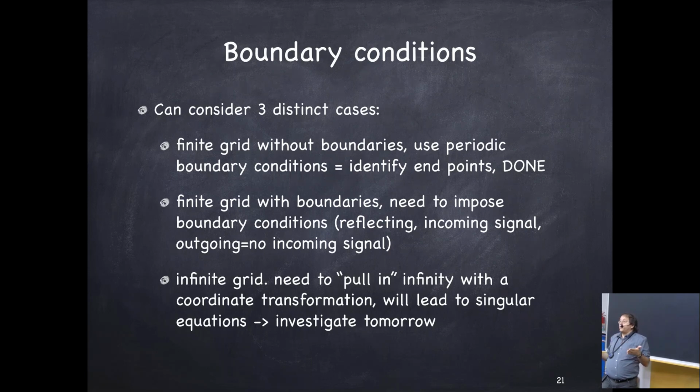And an outgoing boundary will be that nothing's coming. So you will simply set the incoming characteristic. Those are the two simple things that you can do, and then there are some variations on this, but that's basically it. Now in relativity,